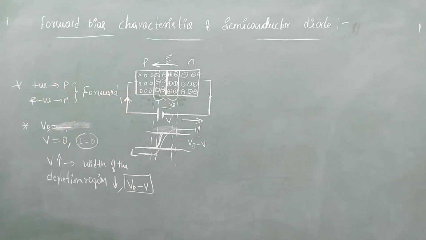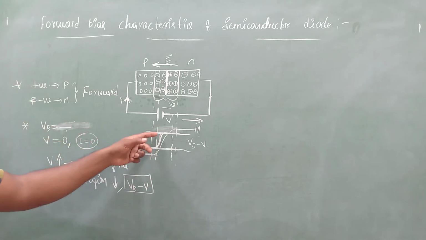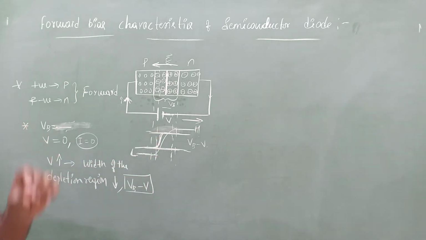Similarly, when you keep on increasing the applied voltage, that is this voltage, then what happens? The width of the depletion region goes on decreasing. Due to this decrease in the width, the height of the barrier potential goes on decreasing. ಇಲ್ಲಿ ನೋಡಿ height ಕಡಿಮೆ ಆಗ್ತಾ ಹೋಯಿತು, ಅಂದ್ರೆ voltage ಕಡಿಮೆ ಆಗ್ತಾ ಹೋಯಿತು. ಅದಕ್ಕೆ VB minus V ಅಂತ ತಗೊಂಡಿದ್ದು. So then, due to decrease in barrier potential, the flow of electrons from N to P and holes from P to N also